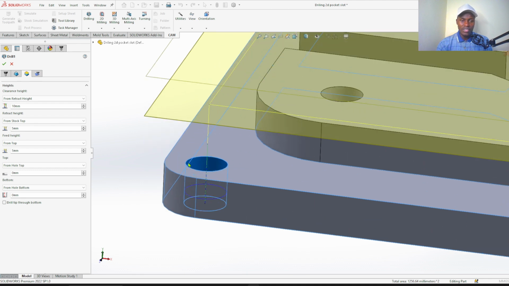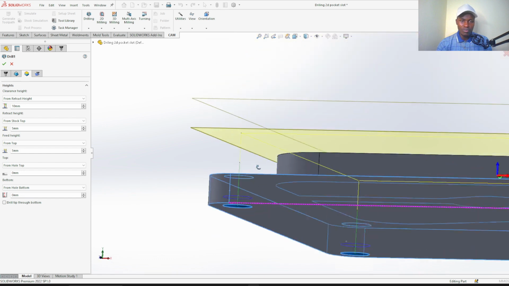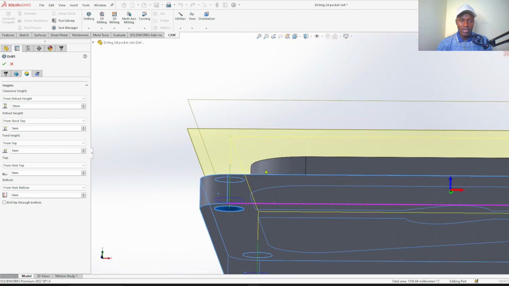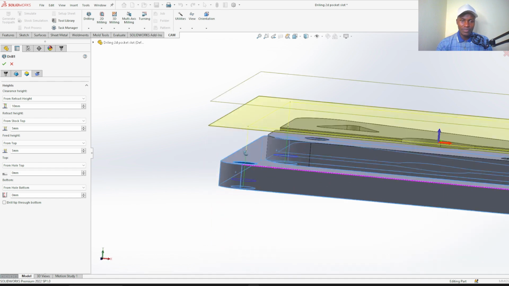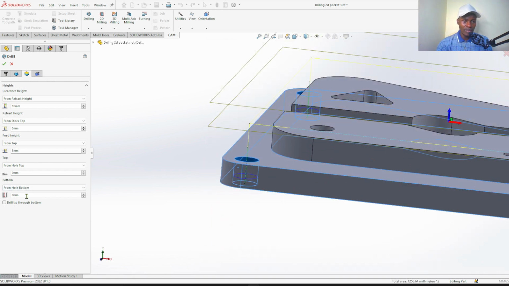So if this hole has a depth of 10 mm, according to this thickness, so if you select bottom as the depth of cut, the tip will only be touching the bottom surface. But we don't want it like that. We want this one to be a through hole. So on the bottom, we give allowance of -5 mm.